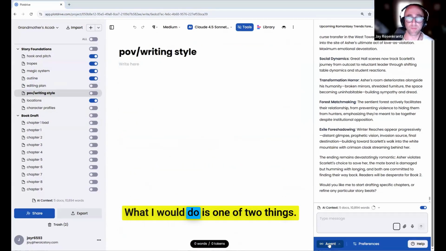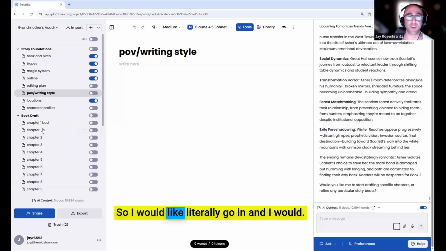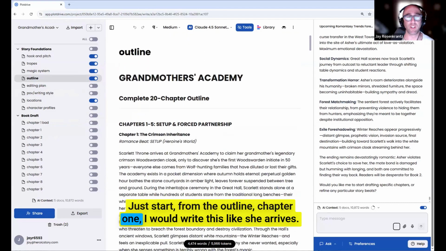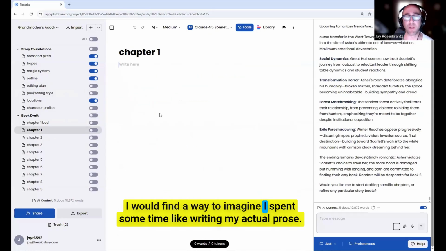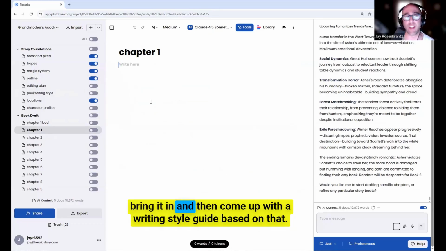What I would do is one of two things. One, I would just write the first chapter myself. So I'd literally go in and start from the outline. Chapter one, I would write this, like she arrives. I would find a way to imagine. I'd spend some time writing my actual prose. If I had written more in a voice that I thought would work, I would bring it in and then come up with a writing style guide based on that. But we have